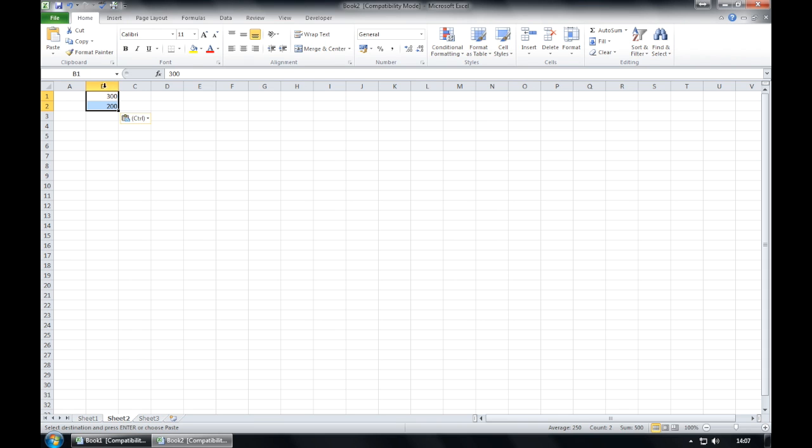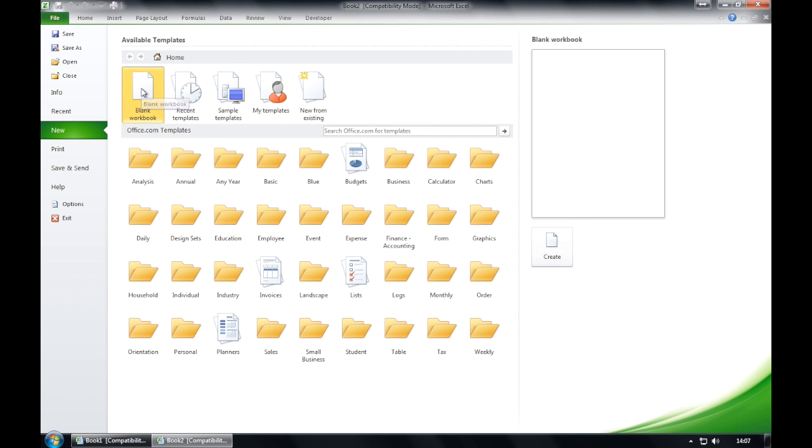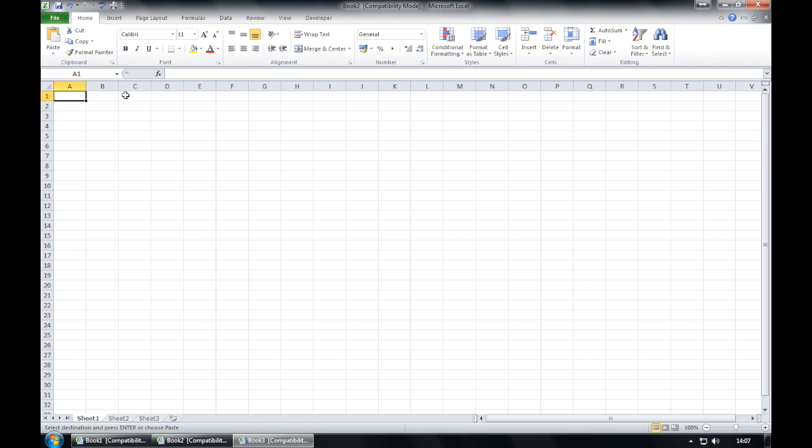We also need to be able to copy this into new workbooks. So if we have a new workbook as previous, again we can just make sure that we copy through. It's good practice to check that the workbook is there. So here were the original two. Again, we can just check that we've got it copied. So selecting both, pressing copy, and in our new workbook we can paste it.